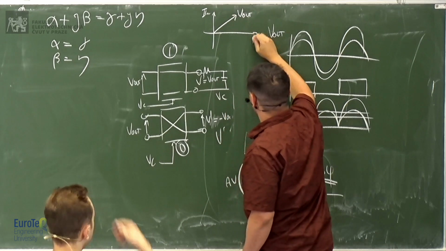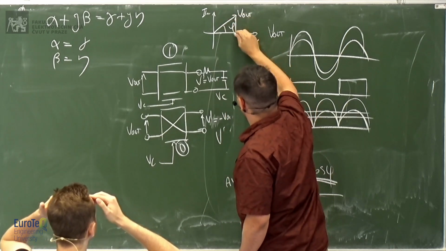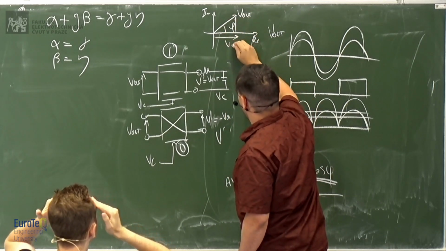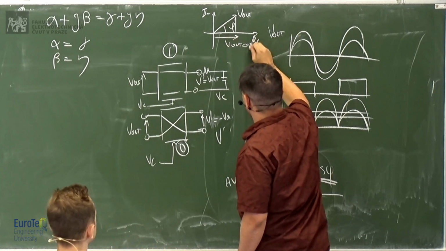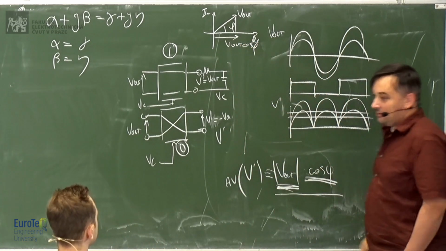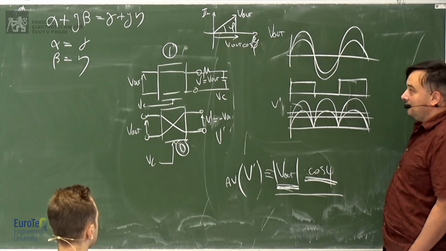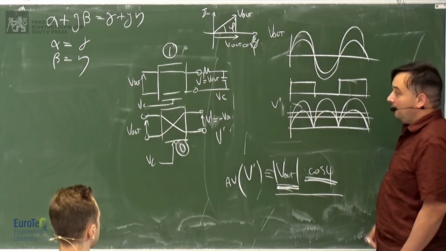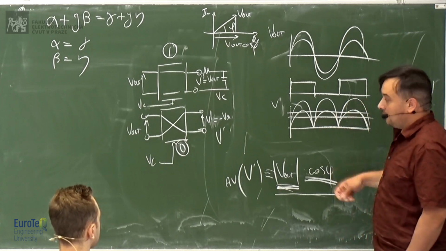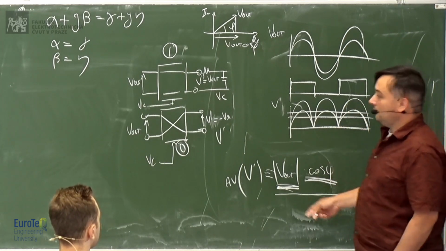This is your real. Yeah, of course. So this is V out cos phi. It's the real part. So if you want to measure the real part of a vector, of a voltage, with respect of